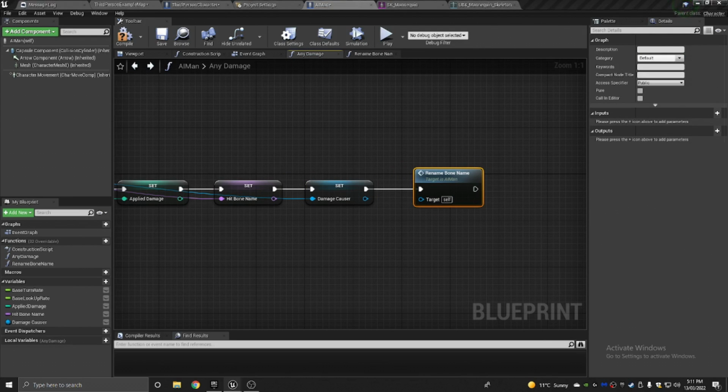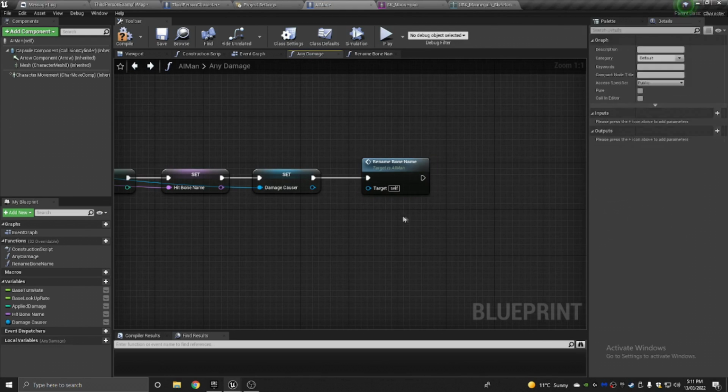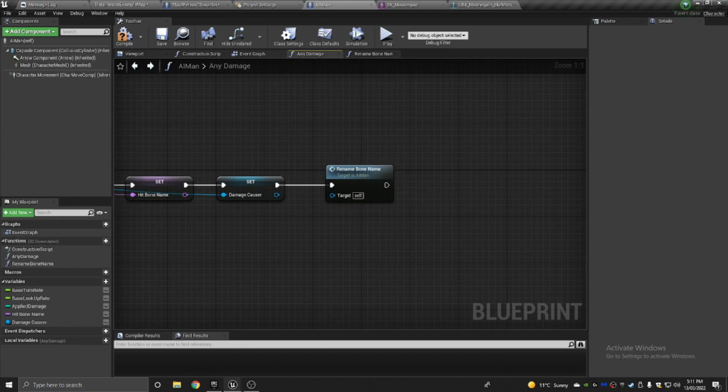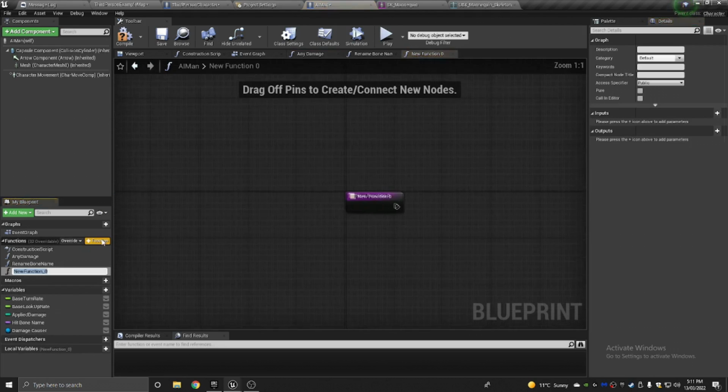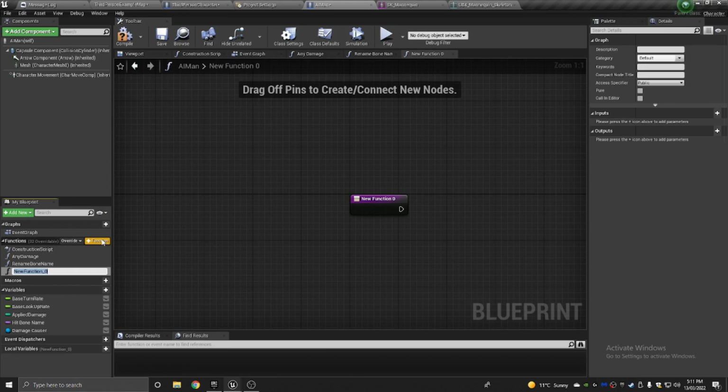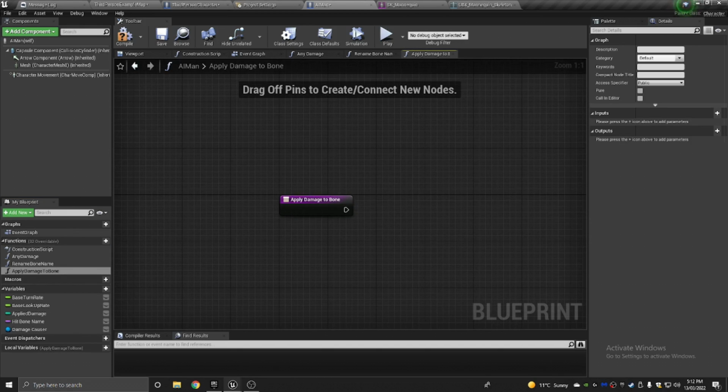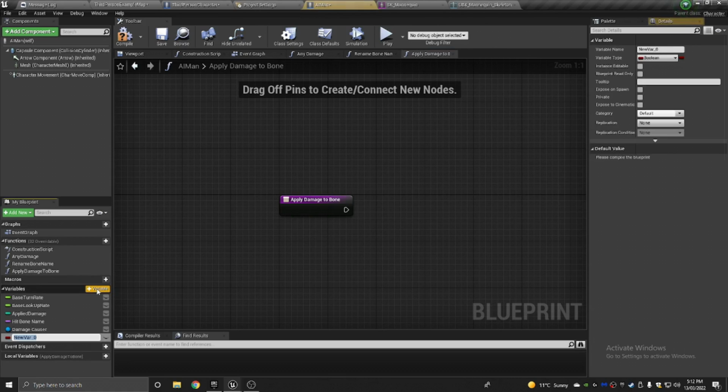Okay, so now once it's gotten past this function, what we need to do is basically have a way of actually applying damage to each limb, because each limb is going to be independent with its own set of values, for example health and durability. So let's call this apply damage to bone. Okay, so from here, what we need to do is create a new variable called breakable bone durability,